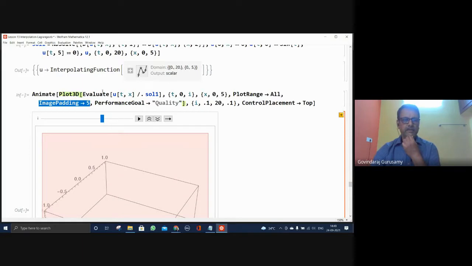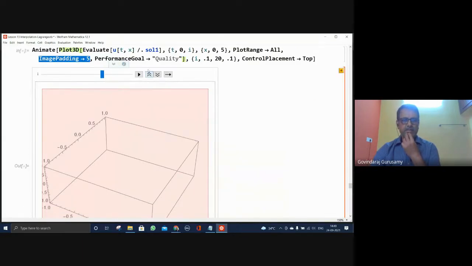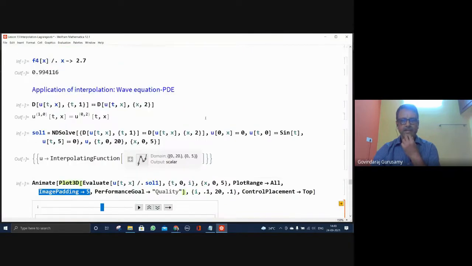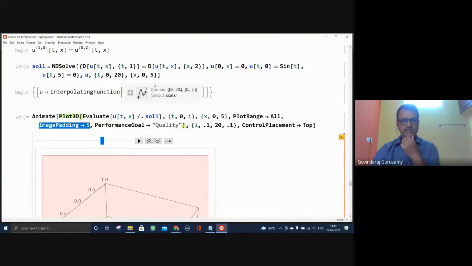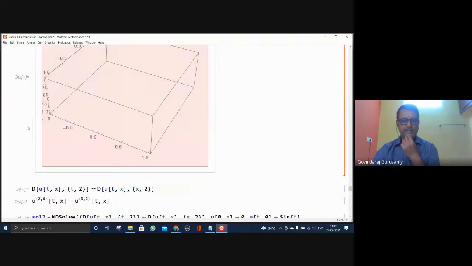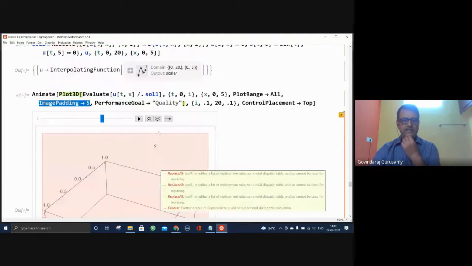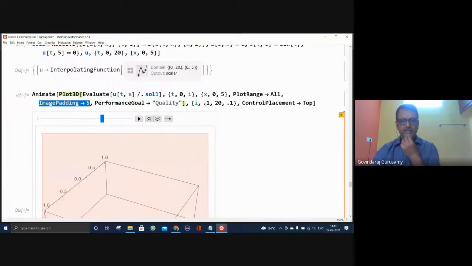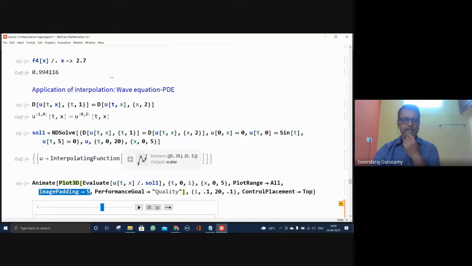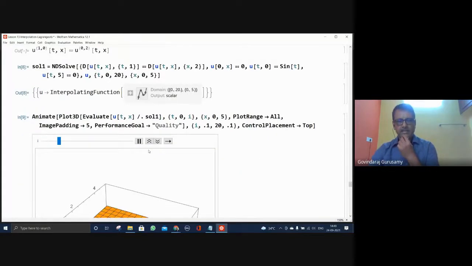Okay, so now if I do the animation, I could see the waves that are numerically evaluated over the space and the range x0 to 5, which is corresponding coordinates, and then time varying from 0 to 20. So just let me try here to evaluate this. Solution 1 is available now, and it is being animated automatically, and it started moving.